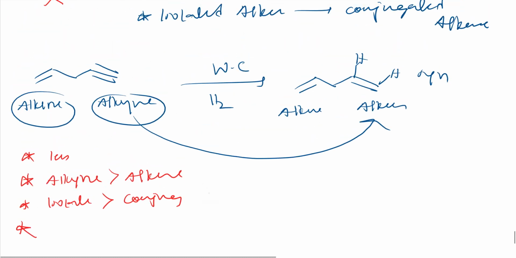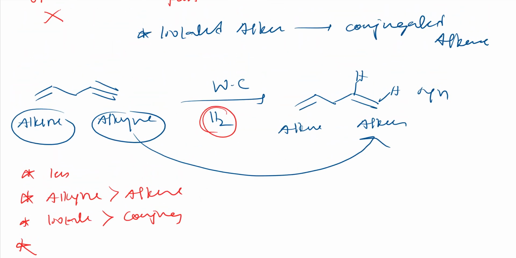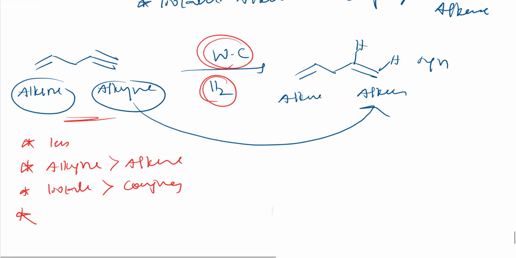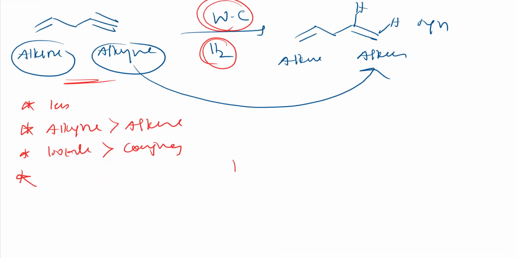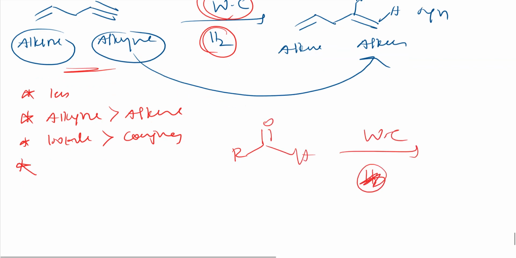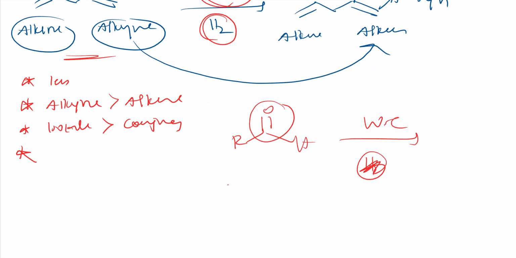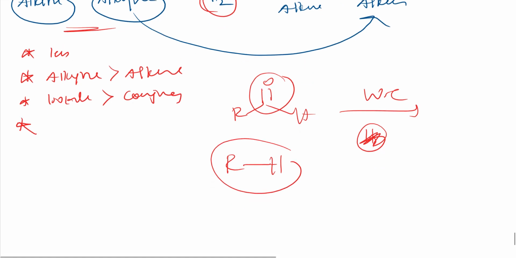So whenever there is hydrogen, and this Wilkinson catalyst and alkene, you should do syn addition of hydrogen. If you get any carbonyl compound like this, and they give only Wilkinson catalyst, here no hydrogen will add, right? Then you remove this carbonyl, just add RH, and I get a hydrocarbon. So this is one application, right? The CO group will be removed.